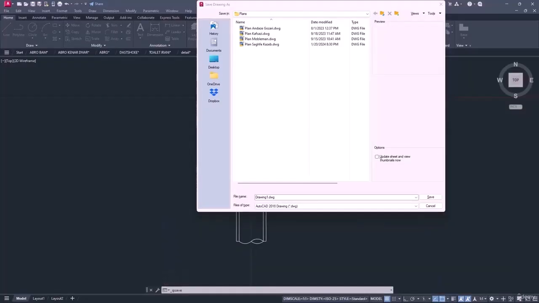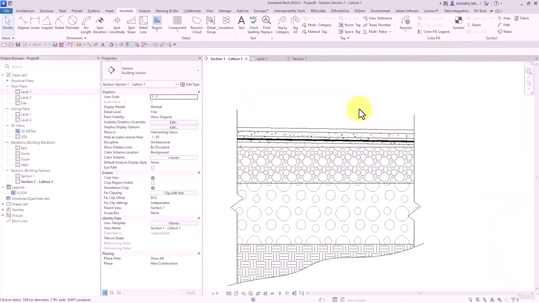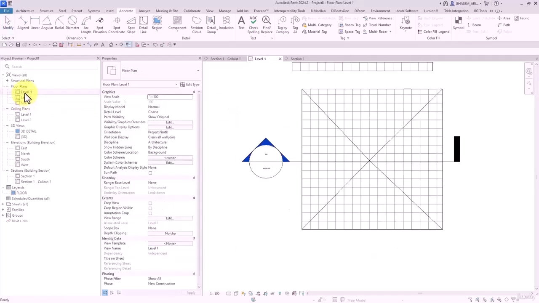In today's session, here I copy the address. I name it drain and copy full file path. Then here in Revit software again,